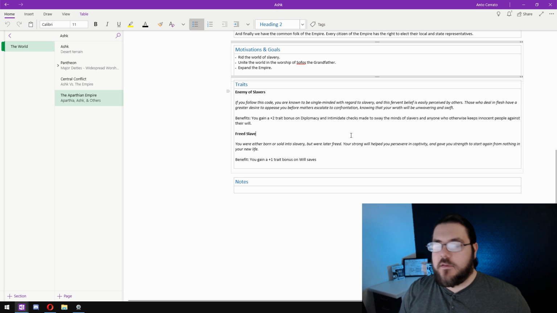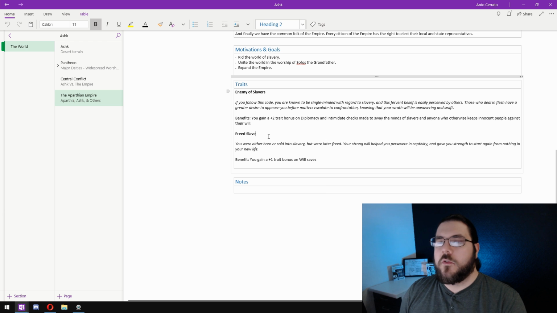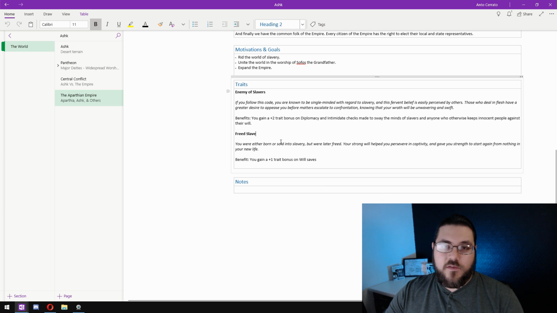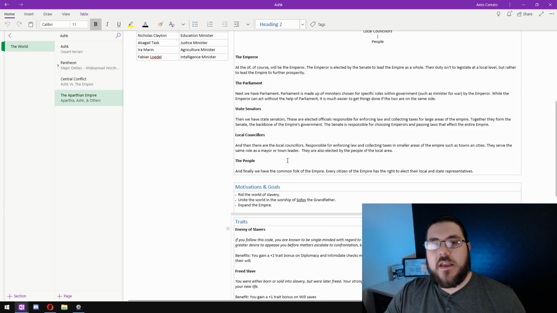and make some interesting characters. For traits, this is going to be part of my Pathfinder game, so I've taken a couple of the Pathfinder traits, and I obviously chose Enemy of Slavers because the Empire is very anti-slavery, and I also chose Freed Slaves. So if a player wants to have a background as a part of the Empire, they could either choose the Enemy of Slavers,